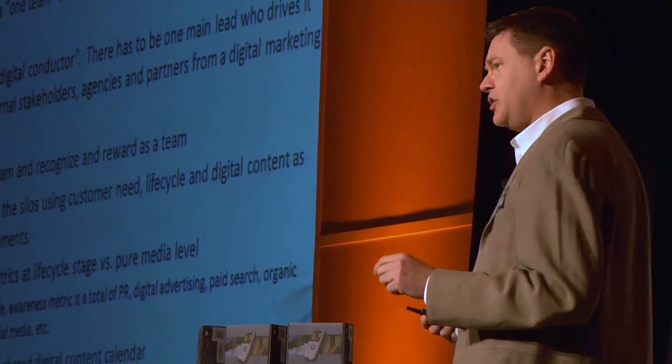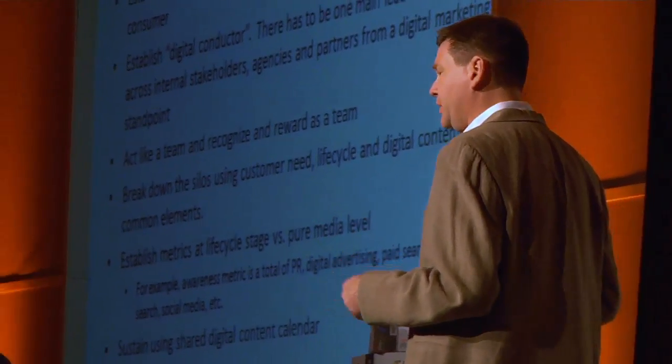We've also got a robust digital content calendar for our branded properties, but also our social sites. In one case, on a product launch, we actually shared a unified Facebook calendar with HTC, Microsoft, and ourselves. So we've taken this broader into our partner relationships as well. To succeed, you've got to modify your process and associated tools. We're set up today, in a lot of ways, as marketing organizations for publication. A dialogue model and constant optimization of content across the way requires a different resource model, and a different way of viewing it.